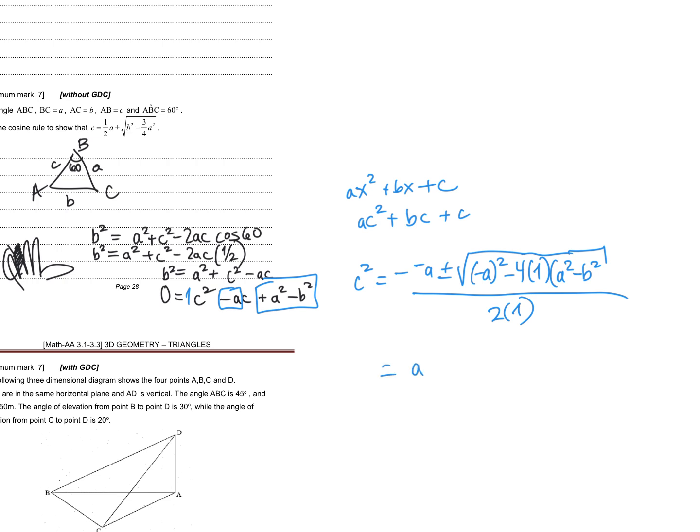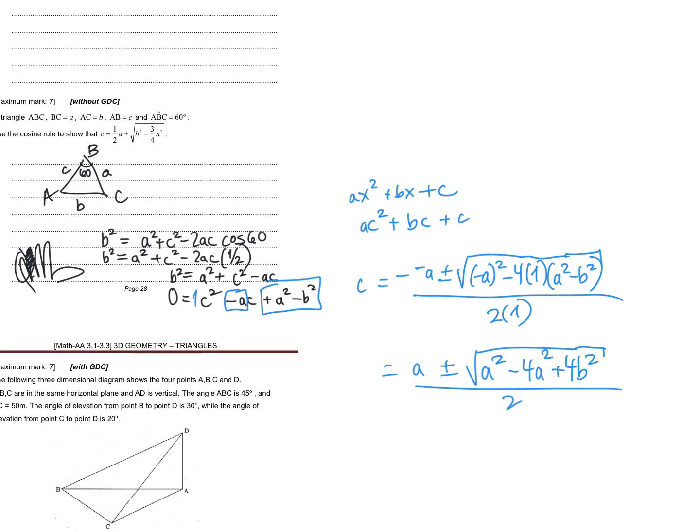So we've got a plus or minus, and this should not be c squared, sorry, that should just be c. We're always solving for x. So a plus or minus a squared minus, when we distribute the minus 4, minus 4a squared plus 4b squared